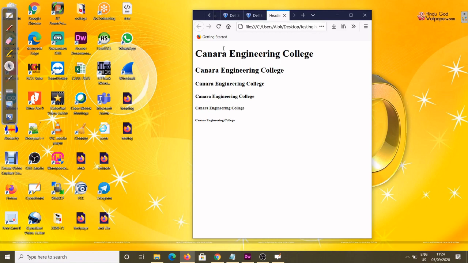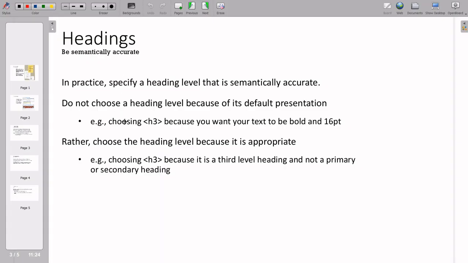Okay, so this is one of the advantages of the heading tag, and again this gives the structure of your documents, which is the heading. Headings should always be bold, so you can write like this only. So this is regarding the heading. I think this is clear. And one more thing, under the heading, H1 and H2 are called the primary and the secondary heading. Okay, and H3 we can consider as the third level of heading, and H3 font size is 16 pt, and of course that is bold.